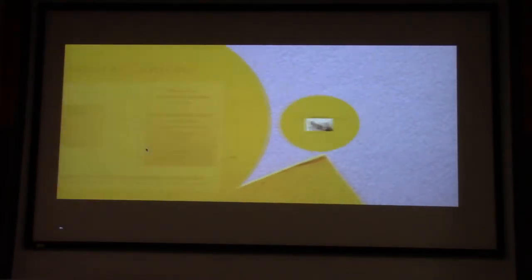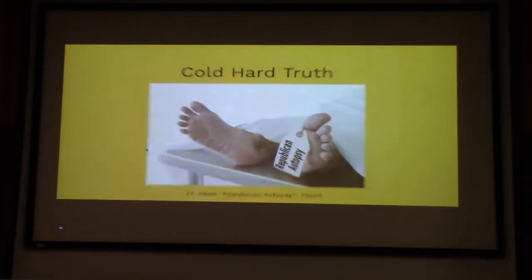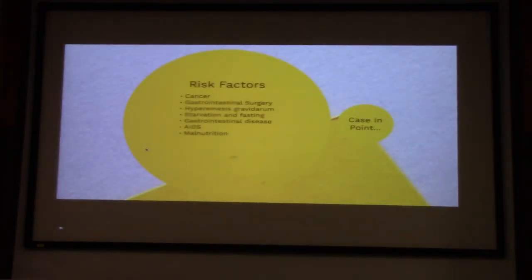I've got to figure out how to go back and run through my slides on this. But some of the risk factors: we've got the in-service next week, and we all know the classic question. We're going to have a chronically intoxicated individual with ETOH, coming in with that triad. But we do need to have our suspicion higher for individuals that might have any history or potential for malnourishment. So everything from cancer, especially gastrointestinal cancers, gastrointestinal surgery, hyperemesis gravidarum, these are all significant risk factors for development of